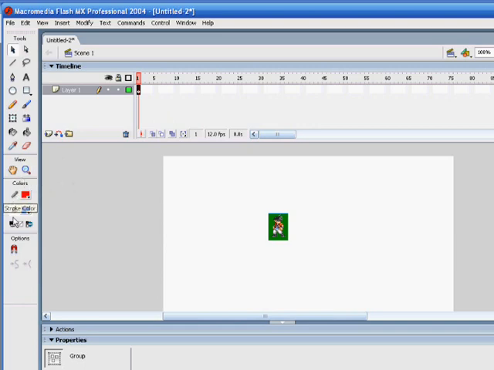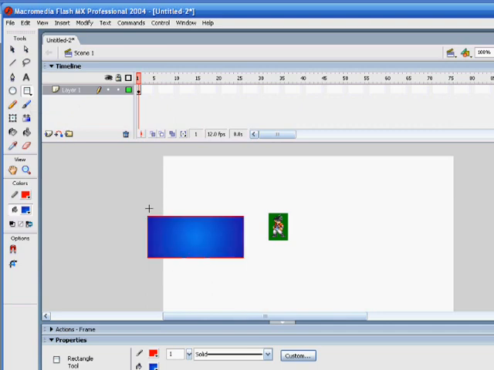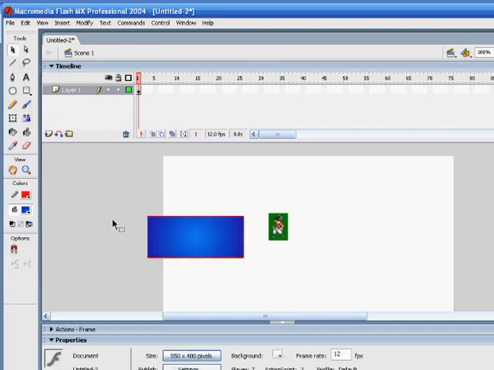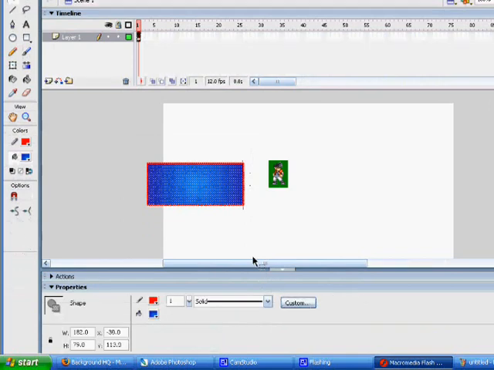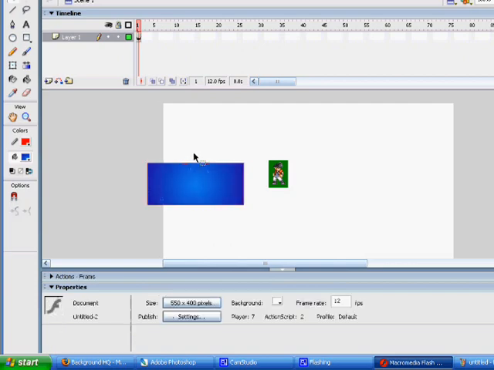And then down here you have the colors. Your line color and your fill color. Now your line and your fill are different. A line is basically the red areas. Those are lines. That's what the pencil tool changes, as you can see down here and up here. Now the fill changes the inside. The reason it's this weird color is because I have a gradient effect, a radial one,